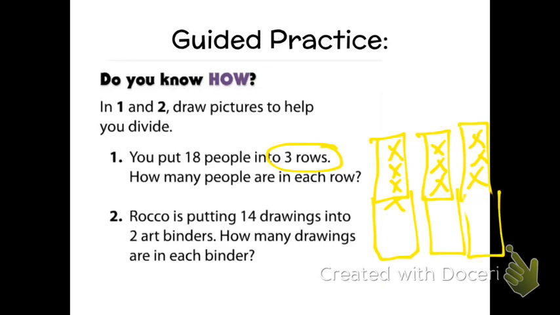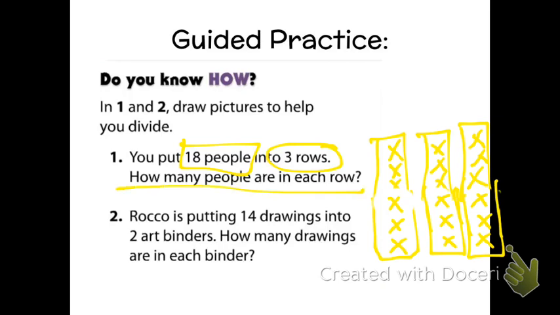Hopefully in your notes you're drawing yours big enough. So I'm at 9, now 10, 11, 12, 13, 14, 15, 16, 17, 18. Well, those are all my people. So at this point, the question is, how many people are in each row? Go ahead and write in your answer with a label and be ready to show that when you bring your